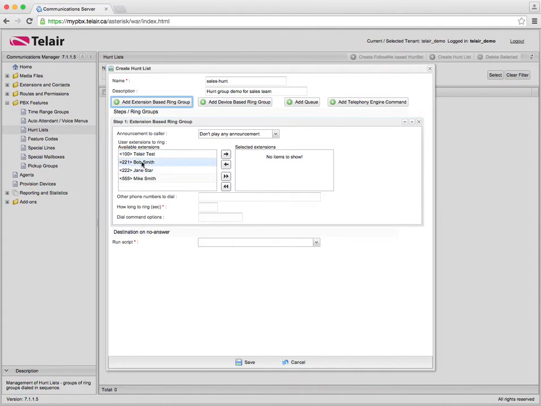Simply from the list on the left, we can select everybody part of that sales group. Now, we can add them individually. We can select them all at once. But in this case, we're going to just select a few at a time here and add these two people